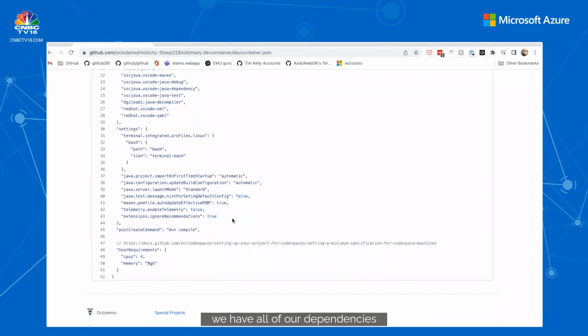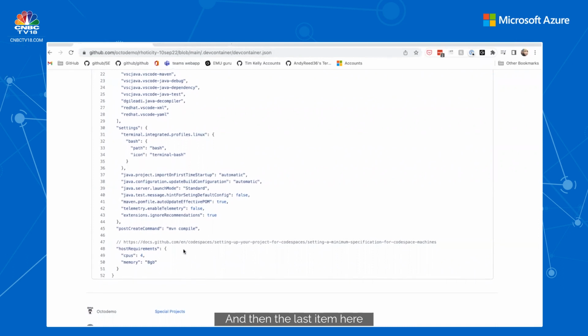And then, of course, we have all of our dependencies that we want imported as part of our build process that we have for our application. So you can see things like Java and Maven, enabling telemetry, etc. And then the last item here is our standard requirements, the base requirements for our actual code space, compute space. So you can give a minimum there to make sure that your code space is at least resourced at a certain level to make sure that it has enough capacity